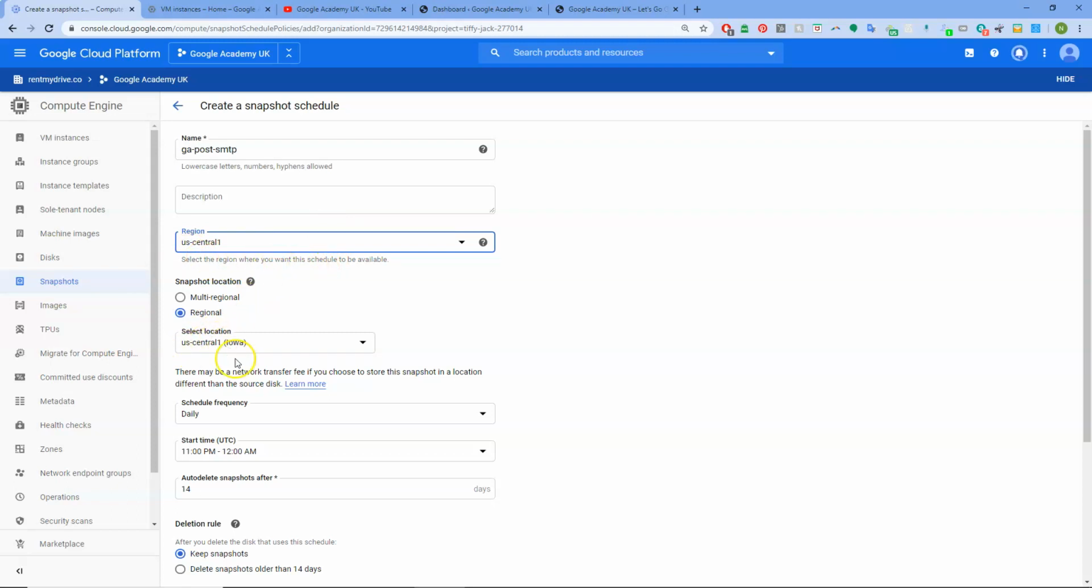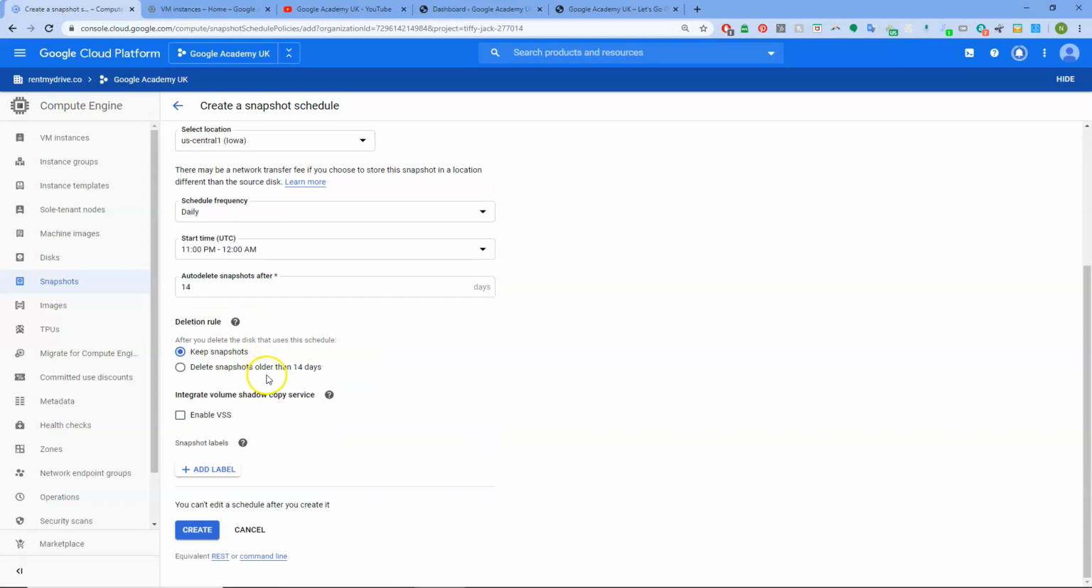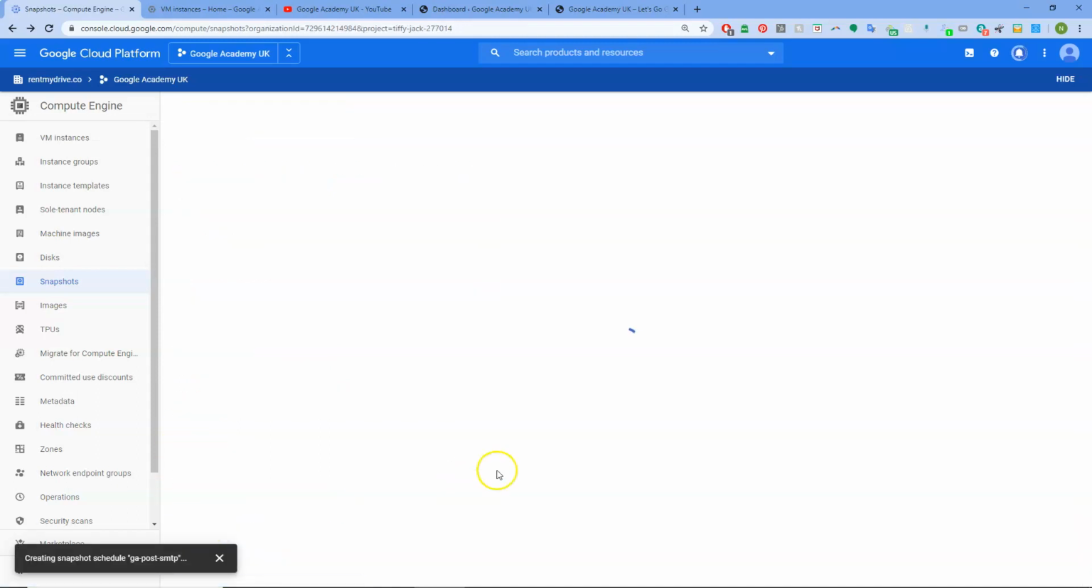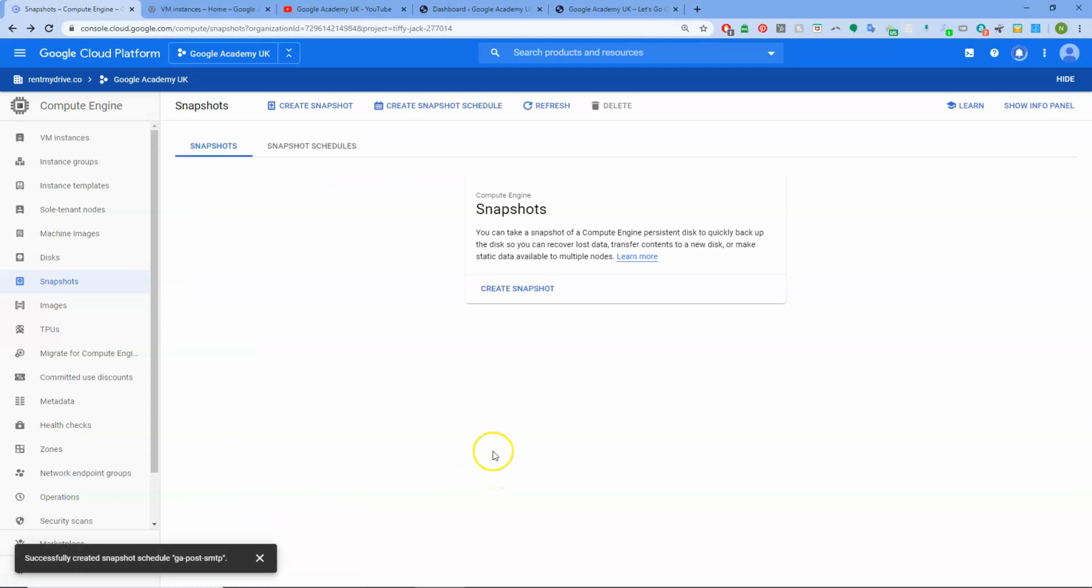So I'm just going to leave mine here where it's free, and then keep snapshots. Yeah, you can delete snapshots older than 14 days, but we're not going to worry about that. And then we're going to create a snapshot. And the way snapshots work is you are billed,